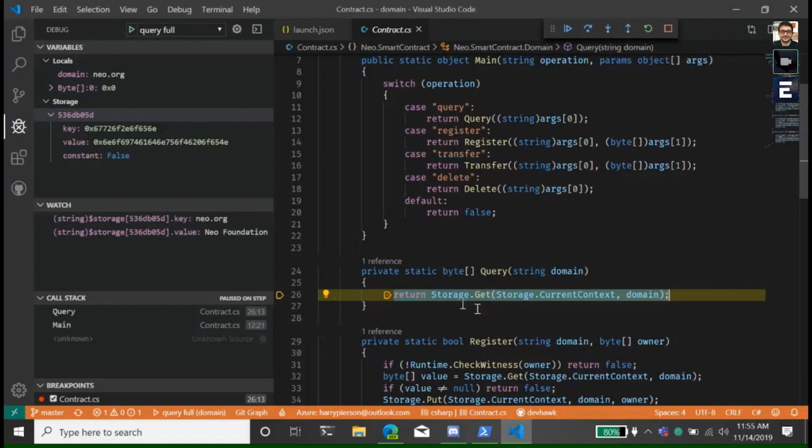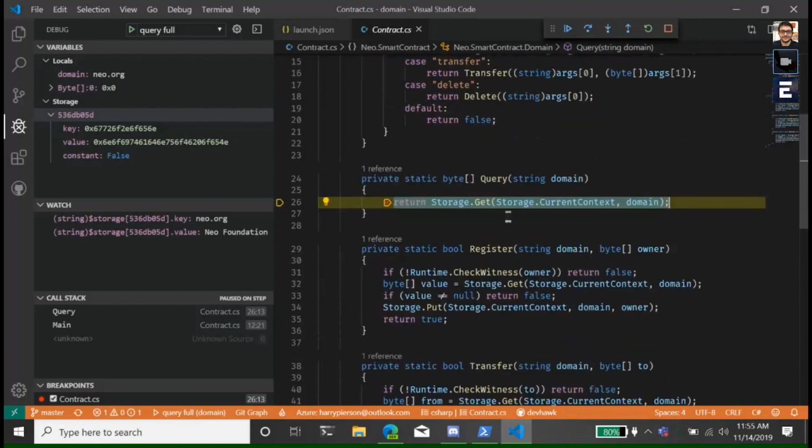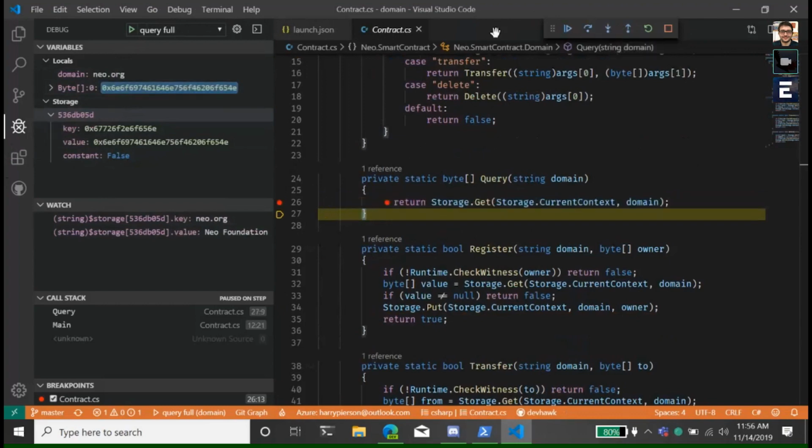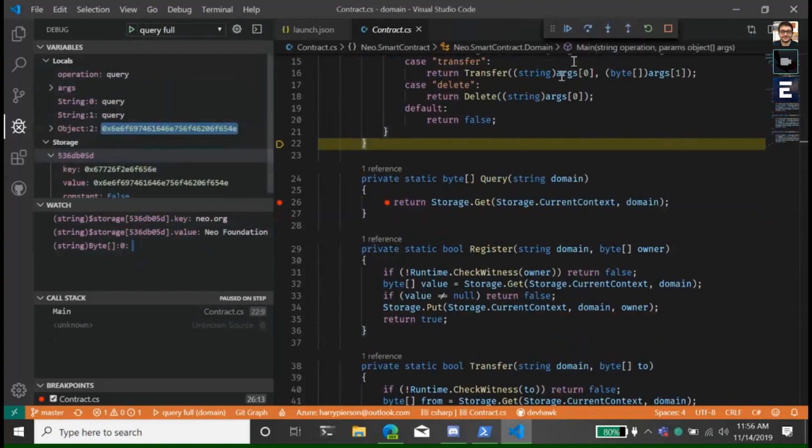Anyway, so real quick, let's finish back in this demo. Now you can see that we're going to retrieve the domain, and we can see that there is a value for neo.org. As I step through, you'll notice that this byte array has a value. Again, this is an unnamed slot, basically where the return value goes. And as you can imagine, this is going to be Neo Foundation, because that's what I stored in the data storage. And then finally, as I step out,